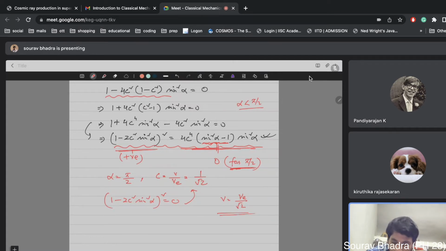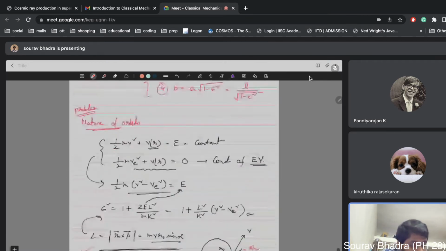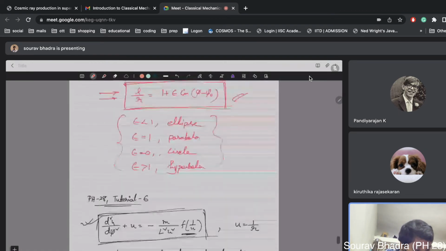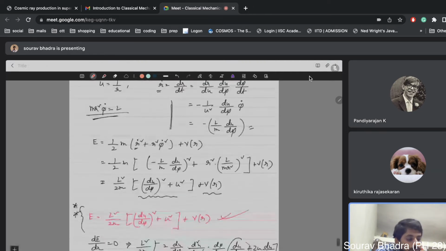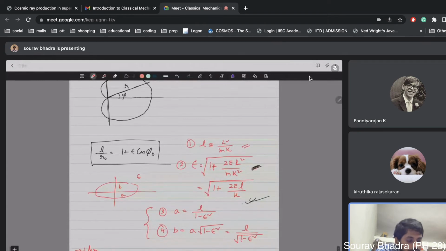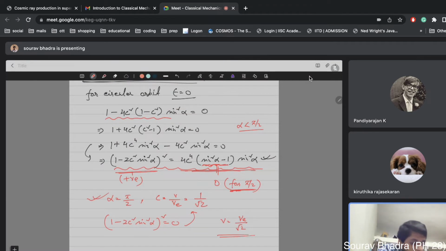And by the same analogy, when you use the condition epsilon greater than 1, then you will reach some other expression, that this must be the angle and that must be the value of velocity with which it should be thrown to get a hyperbolic orbit. So by using various values of epsilon, you can get the various conditions which should be satisfied to get a particular orbit. Okay, now